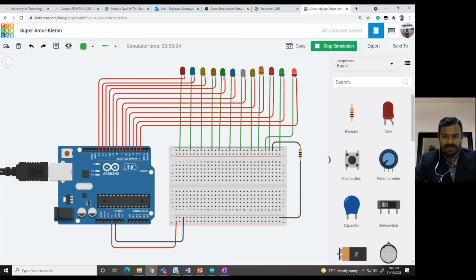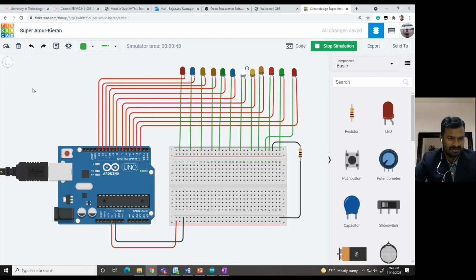You can see the lamps running, the lights just keep running, coming from here and going back there. The same thing can be connected with the hardware. If you have the Arduino board with you, and these LEDs and a simple resistor here, since it is a chasing light, only one LED is going to work at a time. That's why I have connected only one resistor. If you have other applications, we may need to connect each LED with its own resistor. Since it is a chasing light, I have connected only one resistor. So you see how simple it is.